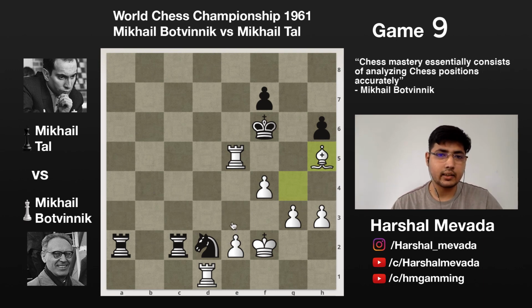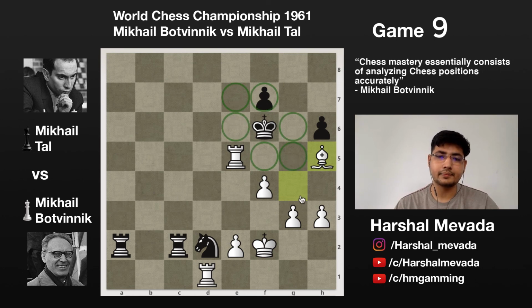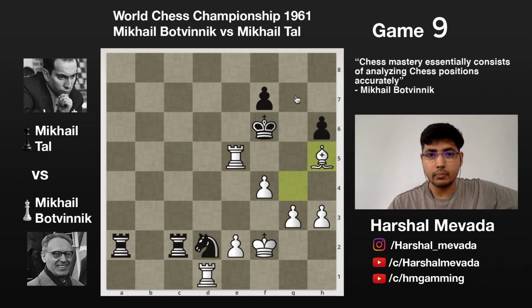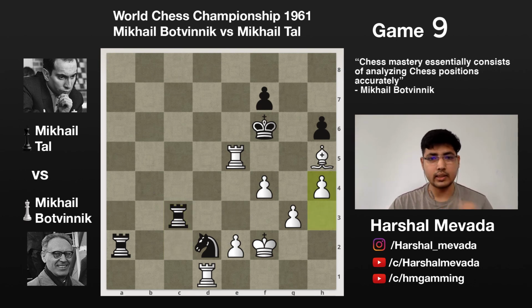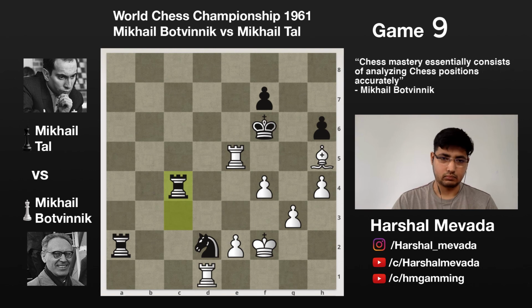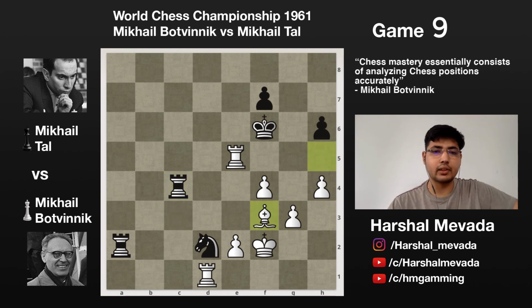blocking the king. Now the king can't move anywhere else, and this is the only escape square for the king. It's not completely blocked, but Tal plays rook c3 and h4, rook c4 and bishop back to f3,